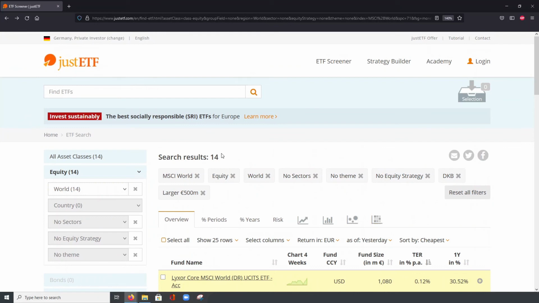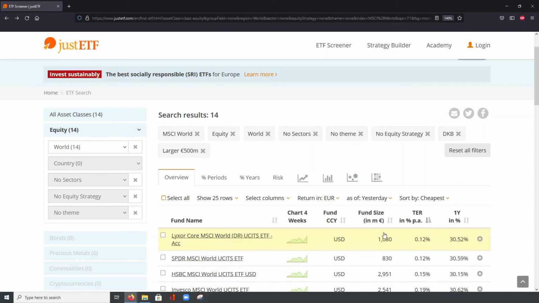So in general, we can say that you find at justETF quite some information. But what at the end should be really important for you is to filter your search on the correct index, check that the ETF fund size is at least 100 million euros, and that the ETF is available at your broker. Then you can of course compare the TER here on the right and select the ETF which has the lowest cost. One last point which might be interesting for you is whether the ETF is distributing or accumulating the